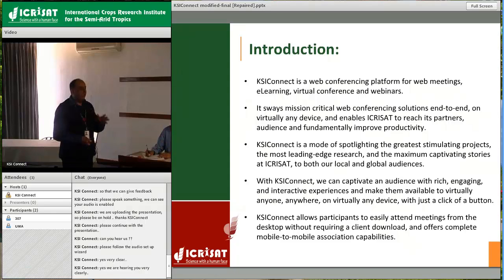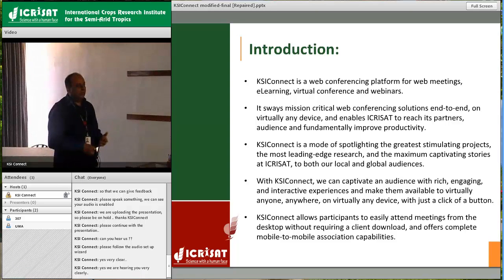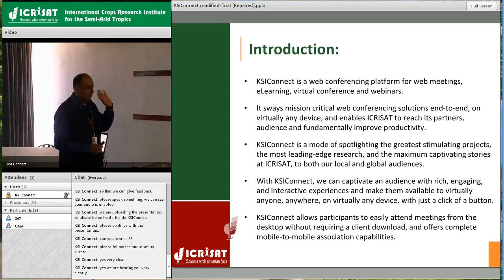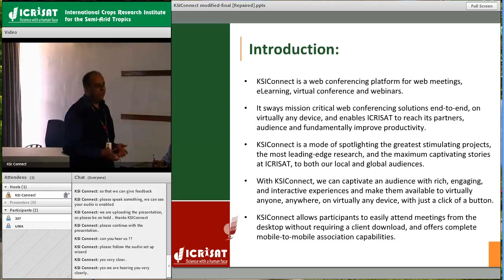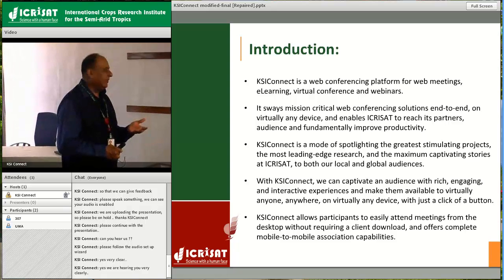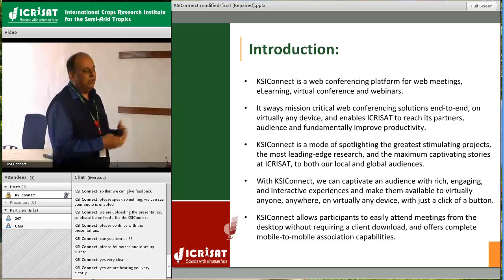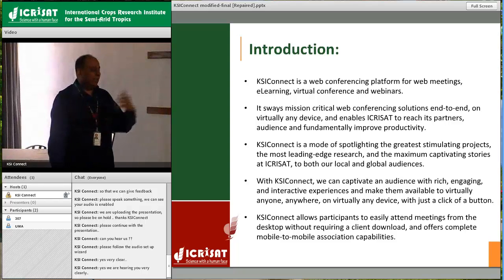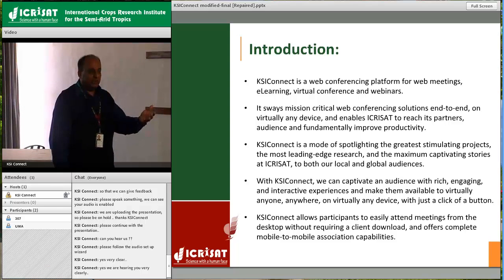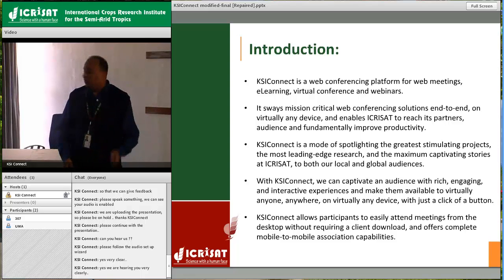The first challenge was the involvement of researchers. Every week there is one presentation by a researcher here. The people in the room benefit, they listen to the session, and then the PowerPoint presentation was shared with the locations and partners, who did not benefit as much. So we were looking for a facility where people can participate online, be a part of that session, like what we have seen in the morning, and ask questions. So we are increasing our outreach, and this contributes in a very big way. This was the first challenge.